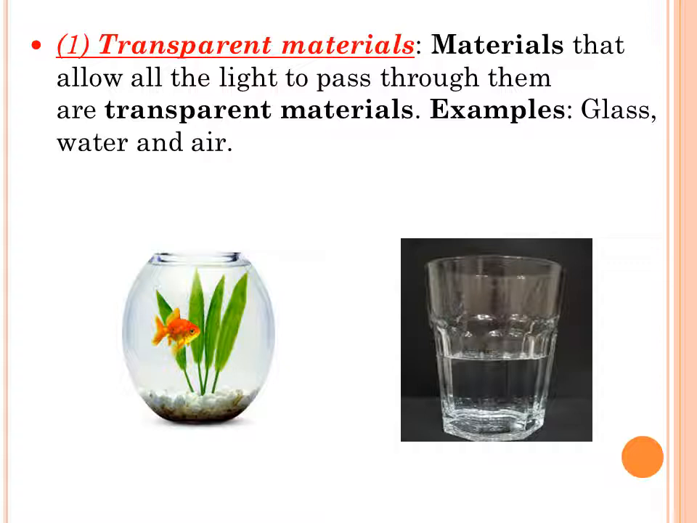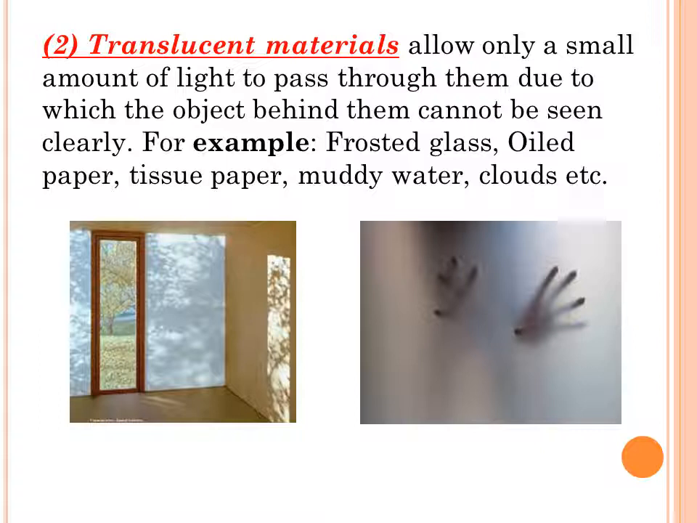Now let's move towards translucent material. Translucent material only allows a small amount of light to pass through it, and the object behind the material we cannot see clearly. It is not visible clearly. Some portion or some movement is also only observed. For example, we have frosted glasses, which we mostly use in bathrooms,